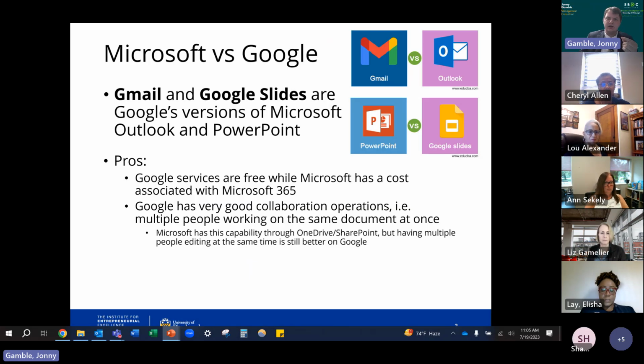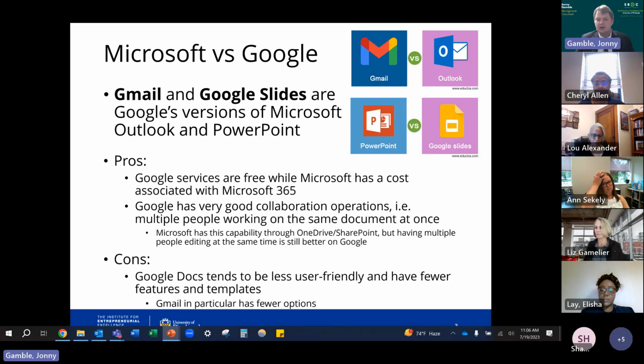The one key thing to highlight though is that Google services are very good when collaborating with the team on one document all at the same time. For example, if you want to have multiple people working on one PowerPoint presentation, like let's say one person is going to work on the first two slides, another person on the middle slides, another person on the ending, the Google Slides variant is a lot better at being able to handle multiple people editing the document all at once. PowerPoint and the Microsoft versions in general tend to have a little bit more features in there. But when it comes to collaboration at the same time, Google tends to work a little bit better for that.